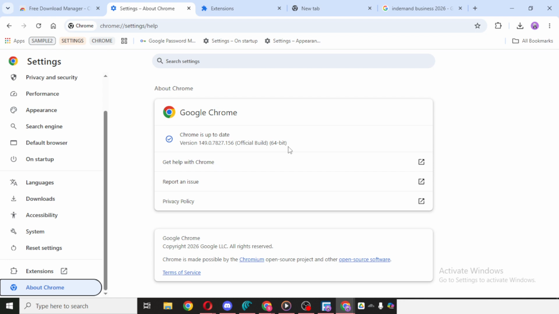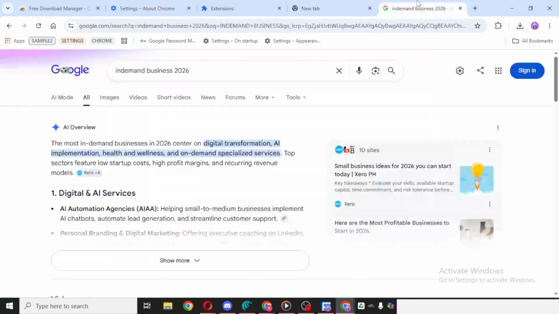After Chrome reopens, the updated version will now be active, and the AI mode should be available on your newly updated browser version if it's included in that release for your device and region. If you don't see it right away, give Chrome a moment to finish loading, and then check again within the browser's features or settings. And that's it. That's how to update Chrome in Windows 11 so you can access the newest version and its AI features.